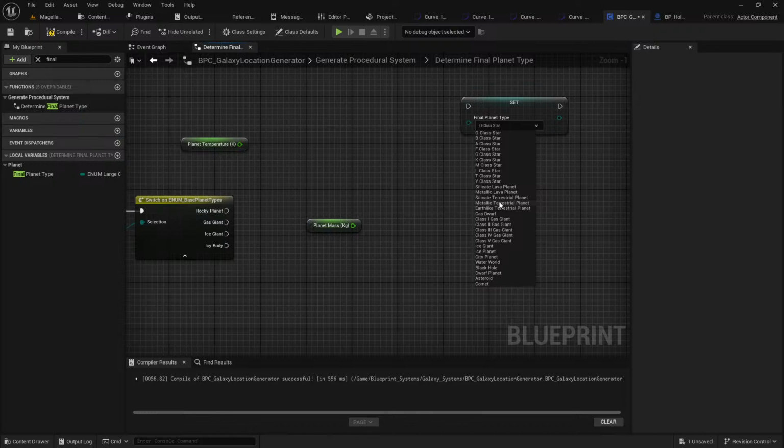Or, that said, I think I'd rather distinguish the metallicity of a planet with its data rather than with its planet type. So I think, yeah, lava planet as the base, and then terrestrial planet as the base. Although,